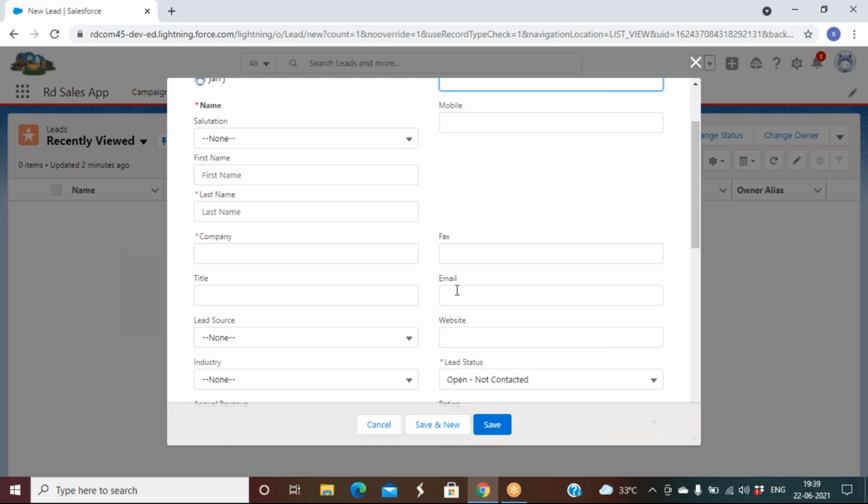So workflow and process builders are automation tools, meaning without any human interaction. When something has been created or edited, we want to do some actions, so that can be done by using the concept of workflow as well as process builder. So first we'll go with the workflow. In workflow, we'll go with the option called whenever a record is created. Whatever the email ID that we mention in the record, to that email we want to send an email alert.